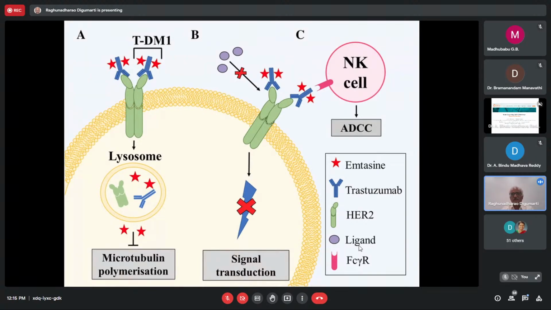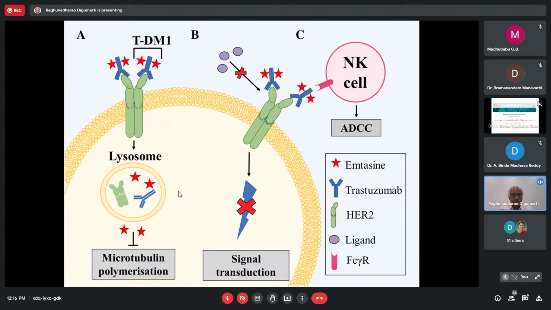Whereas the antibody uses the natural killer system to produce antibody dependent cell mediated cytotoxicity, the conjugate is internalized using the lysosomal system, and then can either stop the signal transduction or can arrest the cell in mitotic phase through microtubulin polymerization inhibition. For example, in TDM1, the chemotherapy drug which is used is